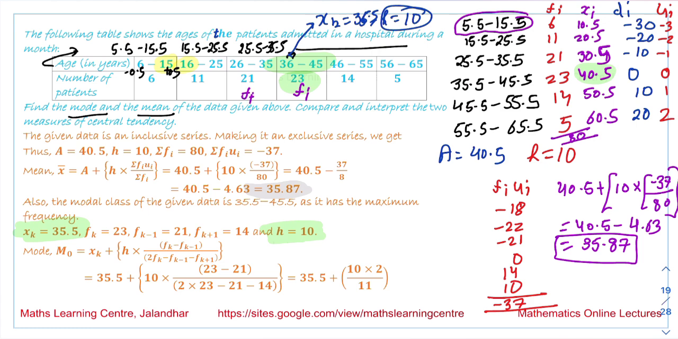This is fi minus 1. This is fi plus 1. These values are also mentioned over here. Now when we substitute these values in this formula, the answer we will get is 35.5